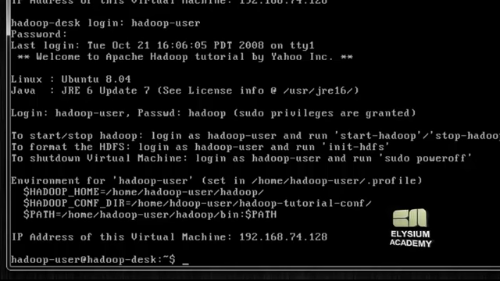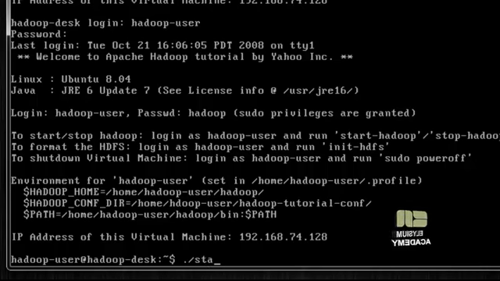Once you give hadoop as the username and hadoop as the password, you will log into that Linux virtual machine, and after that it will get logged into the Hadoop desktop. Before submitting the jobs in Hadoop, we have to start the services. The services means we have to start the job tracker, data node, name node, secondary name node, and task tracker and everything. So in order to make sure of that, give the command